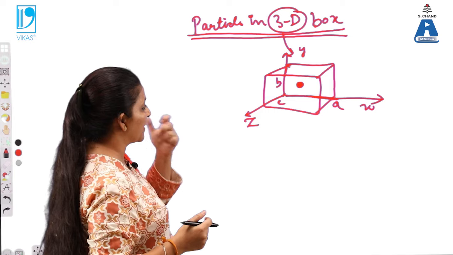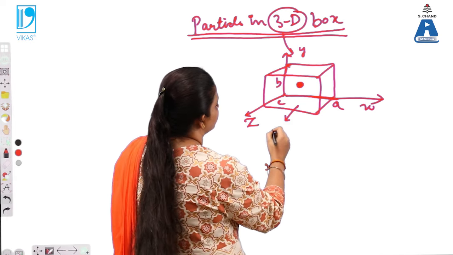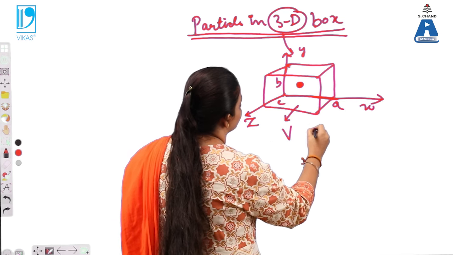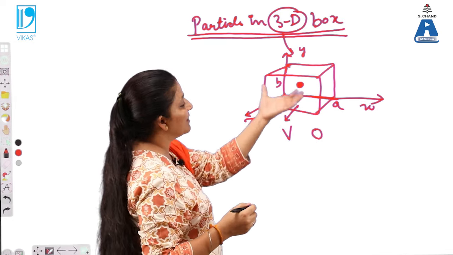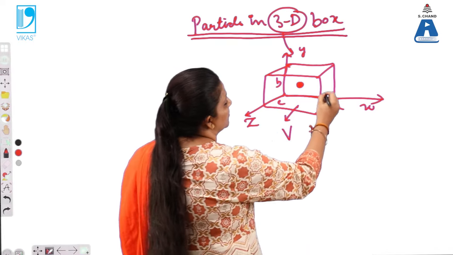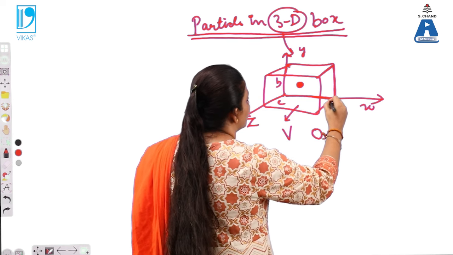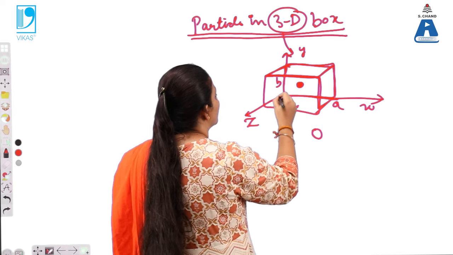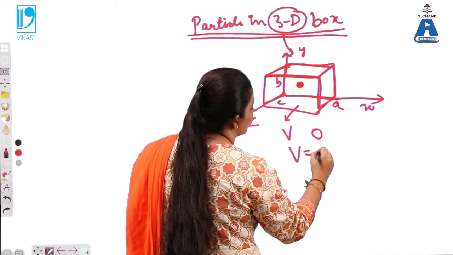Now again we will apply the boundary conditions. In this box, the potential of the particle inside the box will be equal to 0. Here the particle is trapped in this box, so it will never come out. This is similar to the 1D box. In the 1D box, at the boundaries the potential is infinity. In the same way, these are the boundaries of the particle, so at the boundaries the potential is equal to infinity,